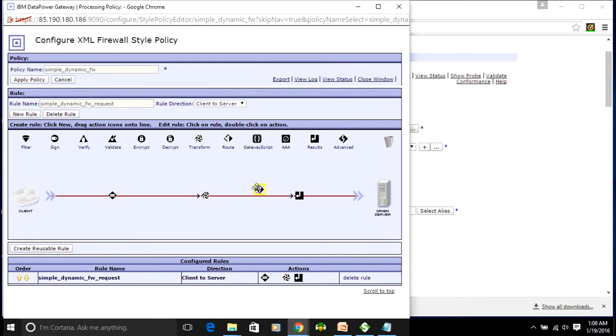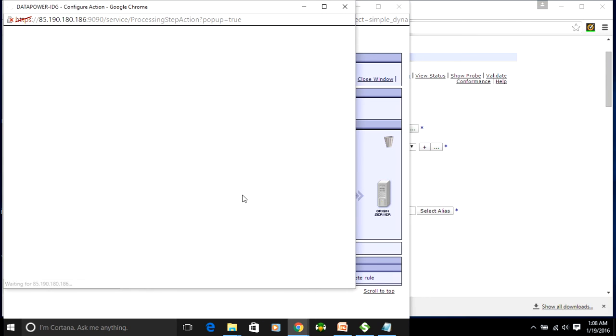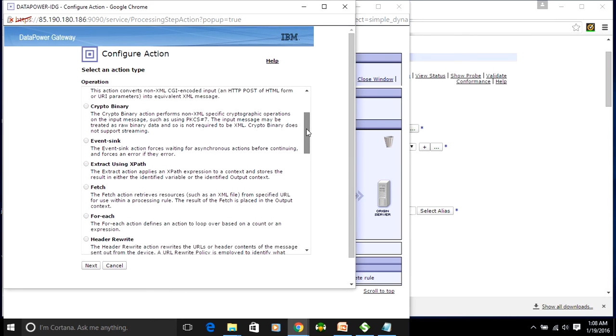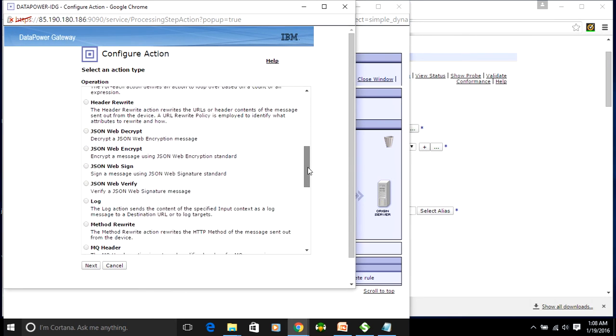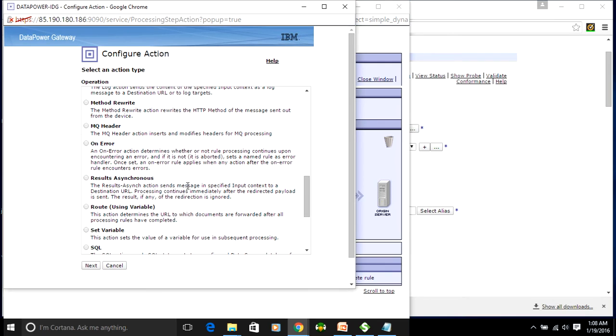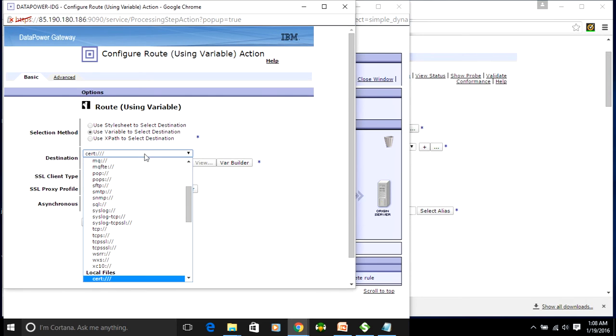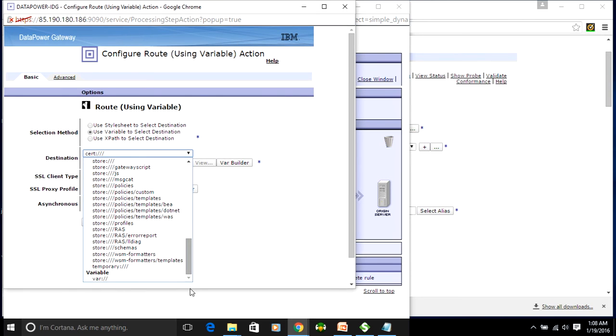So drag and drop advanced action here. Double click that and scroll down. Select route using variable. Click next. So here we are going to route it based on the variable. Select where,